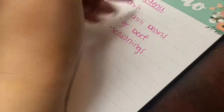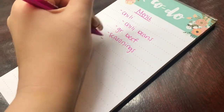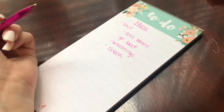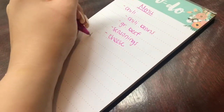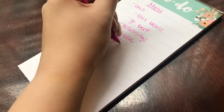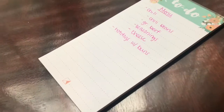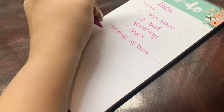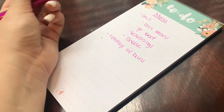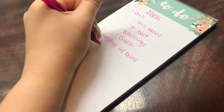And that is it. So it's just 3 items, super easy. And then for toppings, I'm just going to do cheese, because that's really all that Charlie likes, and he's the one who will really eat the chili. I'm also going to thaw out some hot dogs, so I have some of those in my freezer. And then I have some buns left from when we had hot dogs last week, so I actually already have those as well. And then I have a rotisserie chicken from Costco that my mom and I picked up the other day, so I'm gonna do shredded chicken,